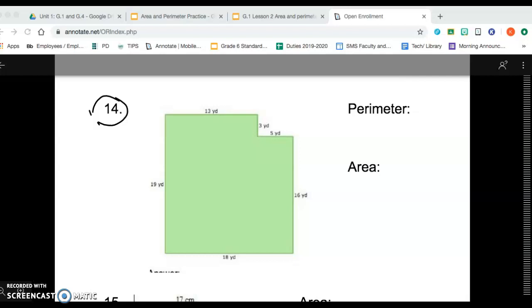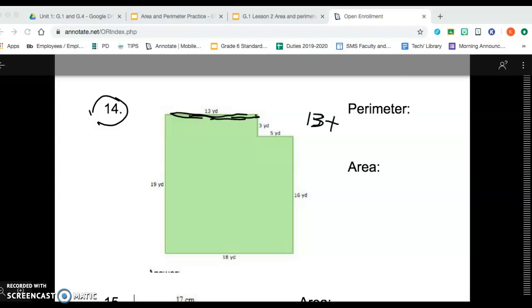So when we're looking at perimeter, we're just going to add up all the sides. So the first thing you want to do with a shape like this is make sure that they actually gave us all the sides, because sometimes they want us to figure it out on our own. So we do have this side, okay? So that side's 13. So we're going to have 13